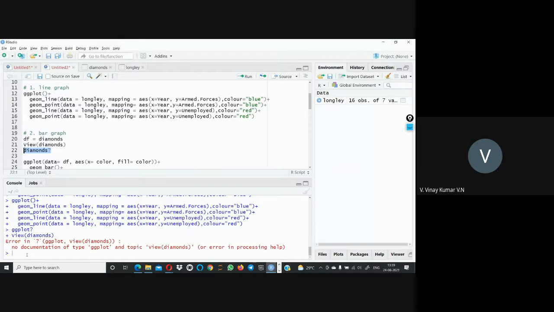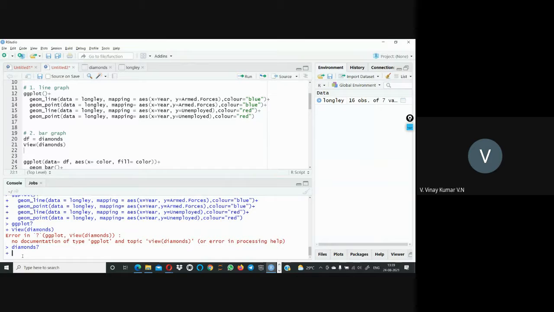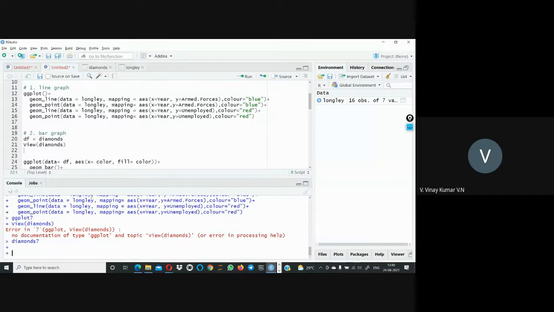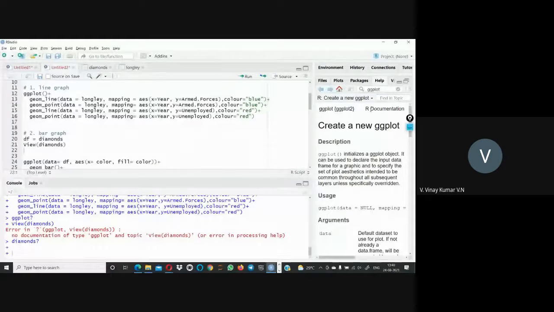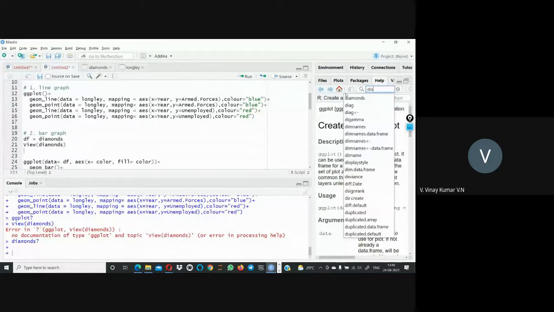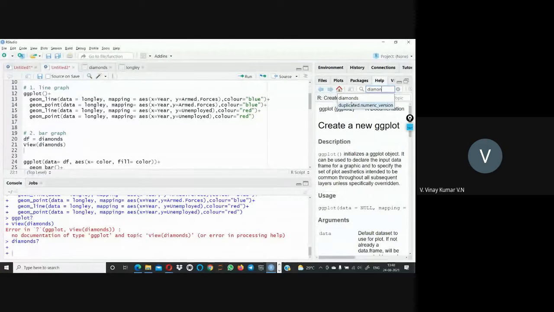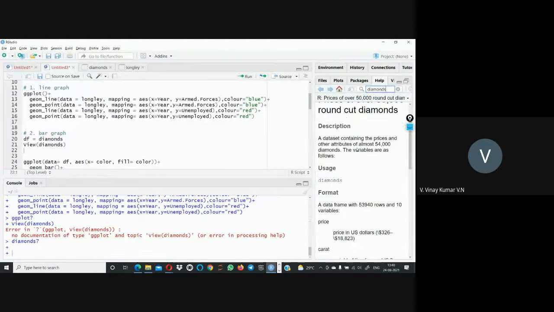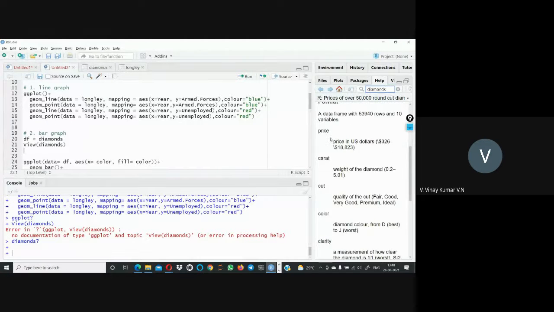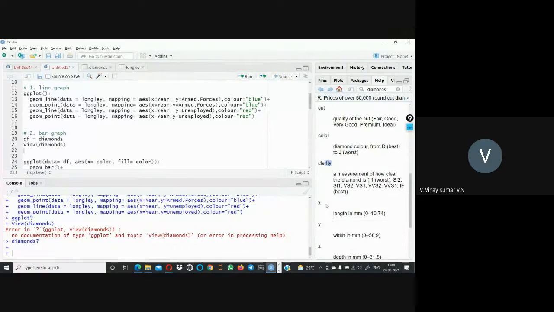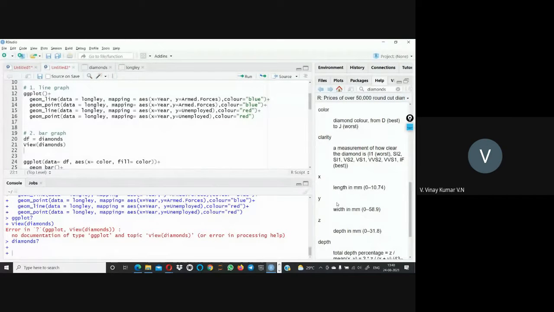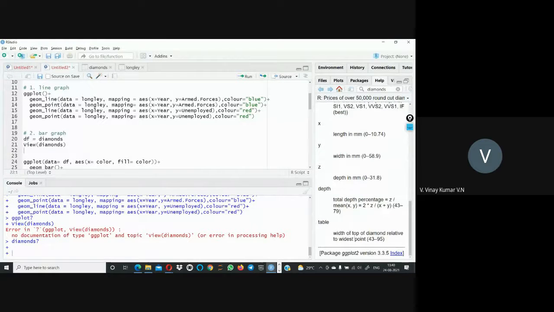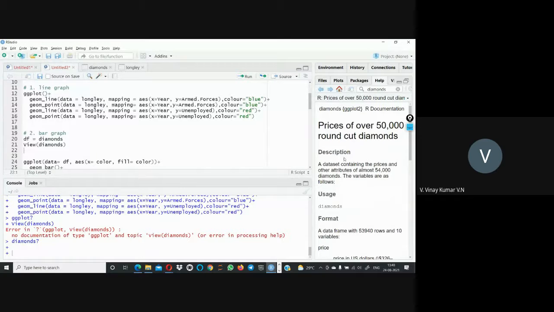I'm running it here. Here you can see the help. In the diamonds data we have price, carat, cut, color, clarity, and X, Y, Z, which are length, width, and thickness, and the depth and the table. So this is the information about the dataset.